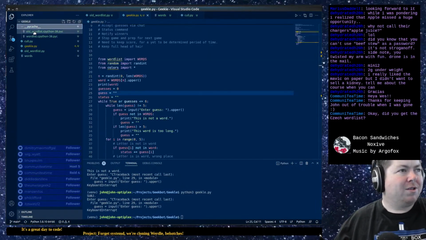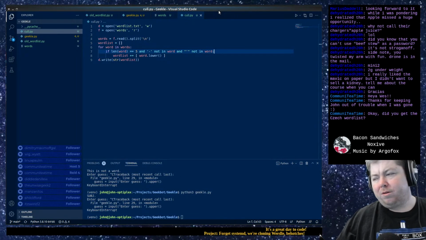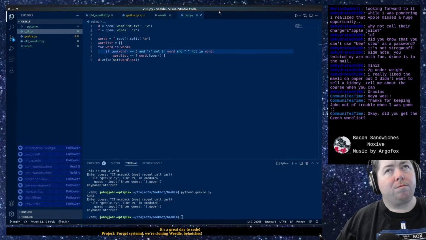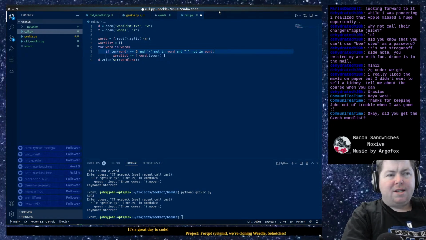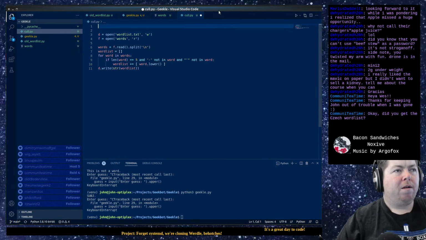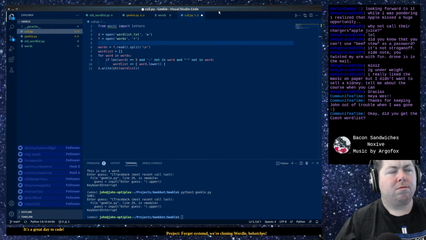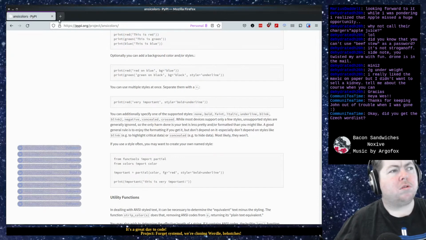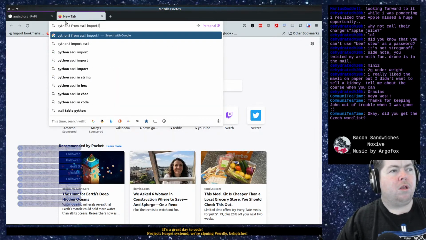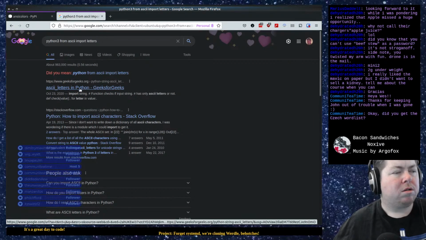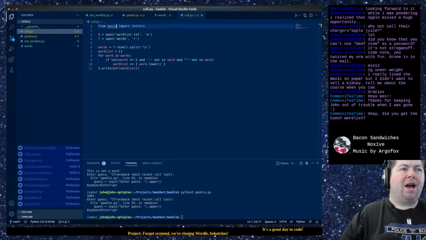Okay. So go back into the code here. All right, so let's put a logic gate here to make sure that it's only ASCII letters. From string, import ascii_letters.